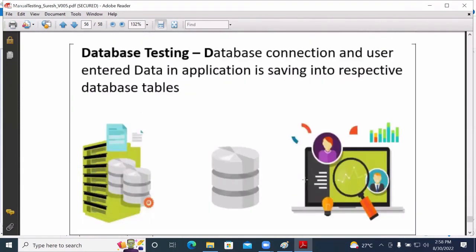In that, the one we will mention is database testing. The meaning of this particular database testing is as simple as this: as part of our application, you are doing a new user registration. What is the use of new user registration?